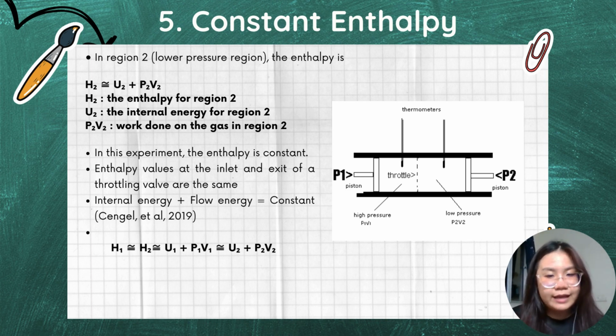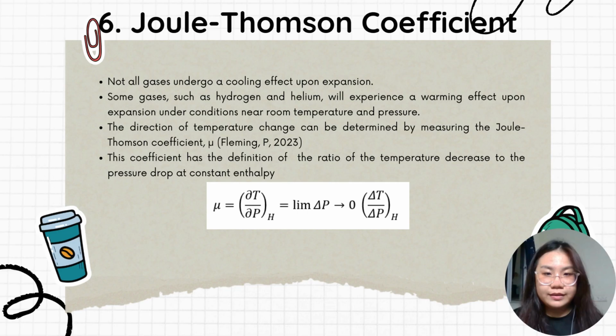Hence, we will say that H1 is equal to H2, which is also equal to U1 plus P1V1 equals U2 plus P2V2. Okay, so the next issue that we're going to discuss is the Joule-Thomson coefficient. Not all gases undergo a cooling effect upon expansion. Some gases, for example hydrogen and helium, will experience a warming effect upon expansion under conditions near room temperature